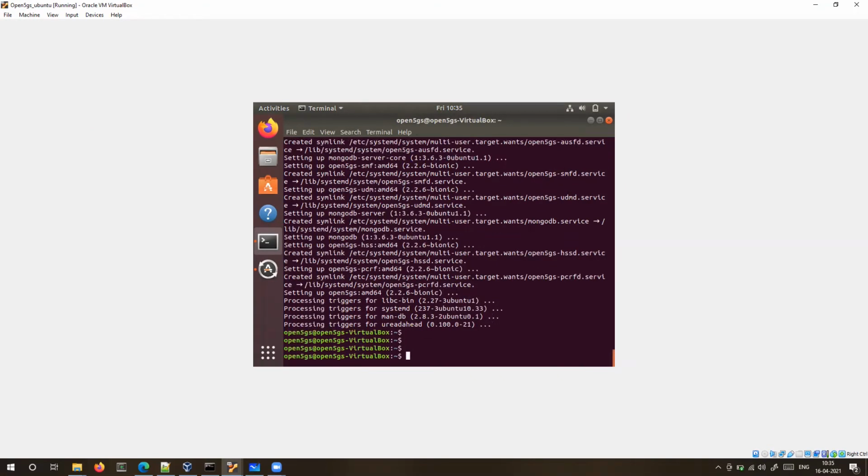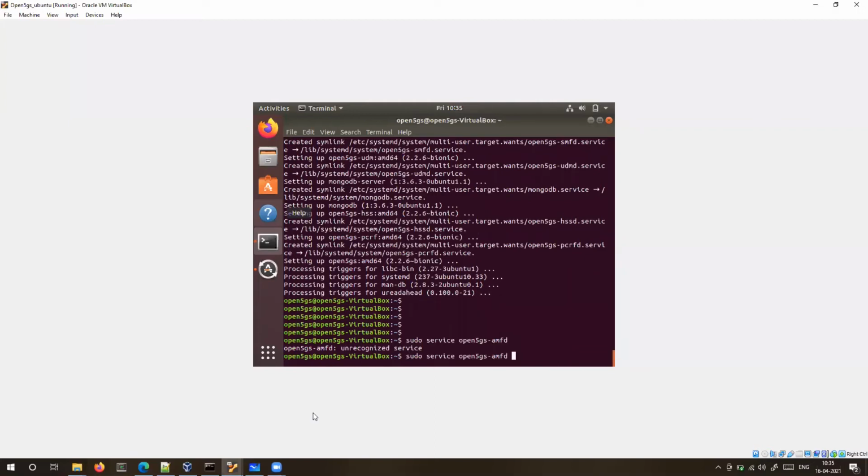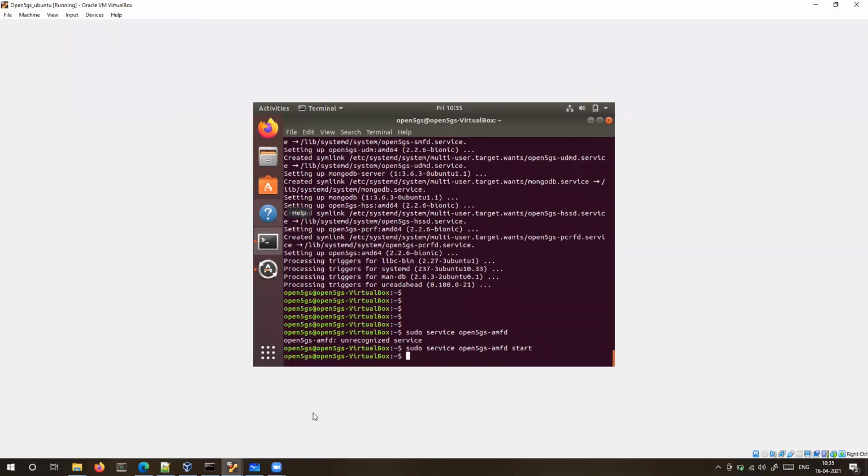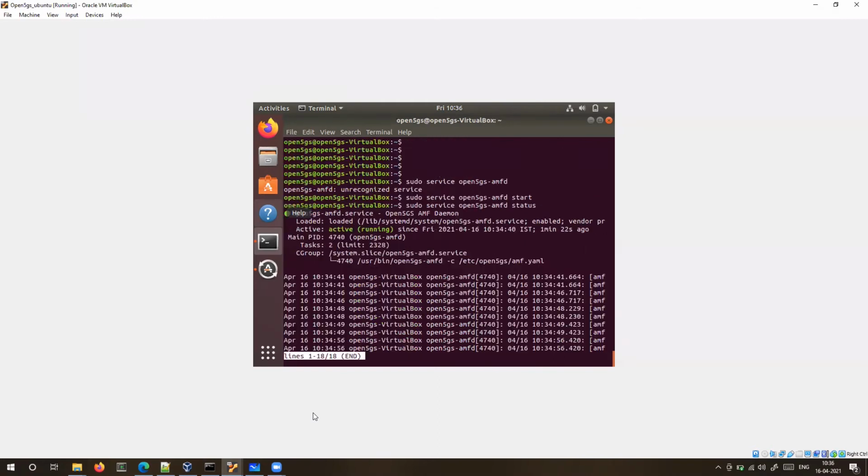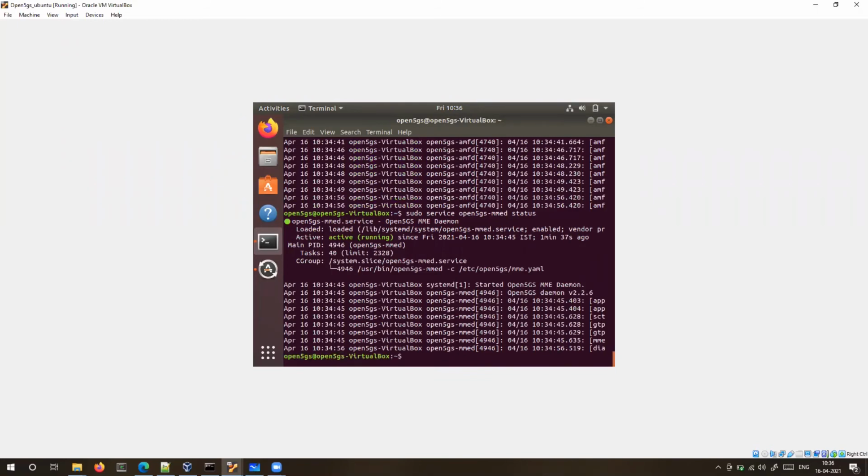This has started the AMF configuration. You can use the command sudo service open5gs, whatever service you want to start, and it will start, and you can use it to connect.